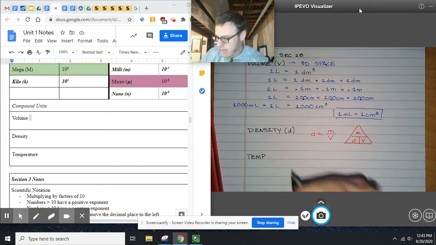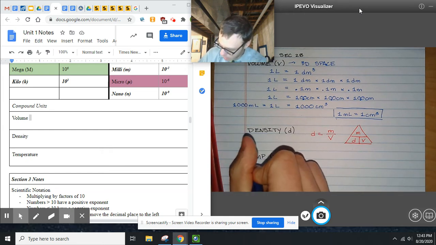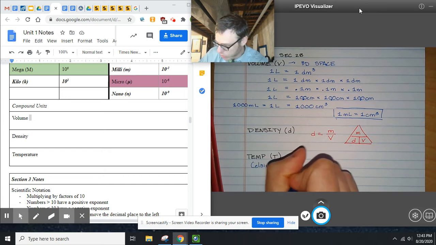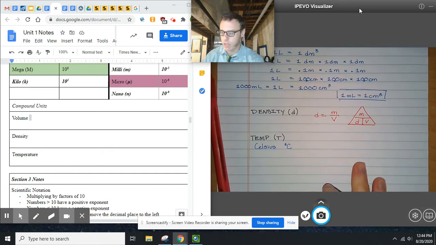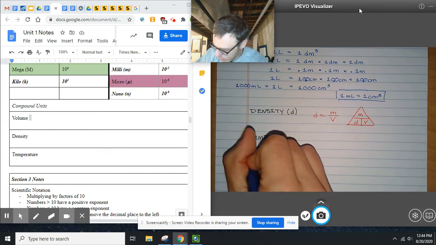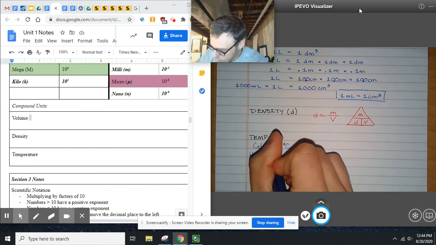Temperature, which is capital T. All right, now there's two different modes of temperature we can use. Celsius, which is degrees C. All right, now Anders Celsius developed this temperature scale, and the reason that he did it was when you look at the Fahrenheit scale, nobody really knows what it's based on. But Celsius was like, let's base it on water. And so he said, water boils. I think I can use H2O. We know that that's water. Boils